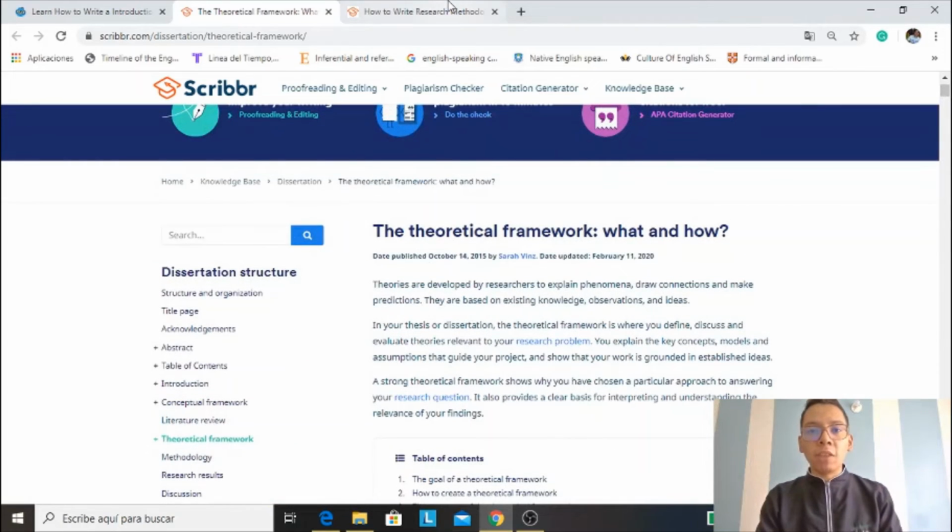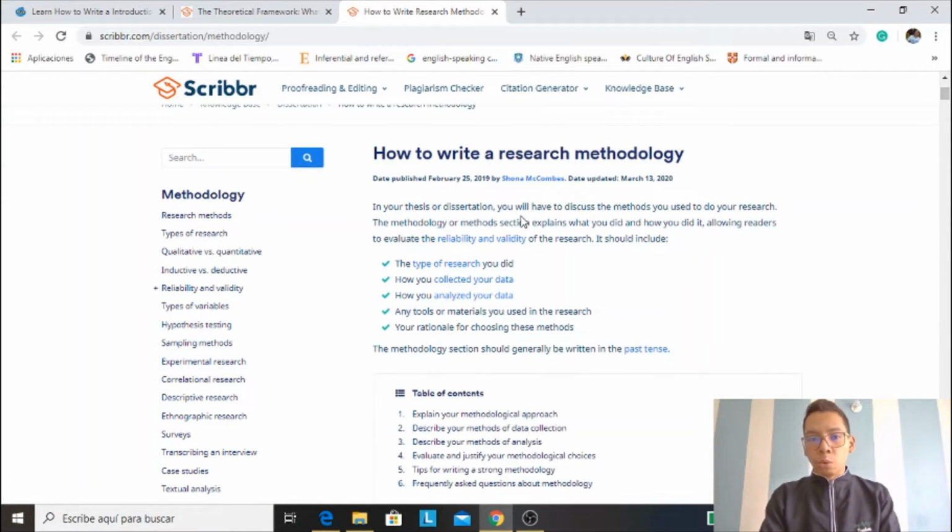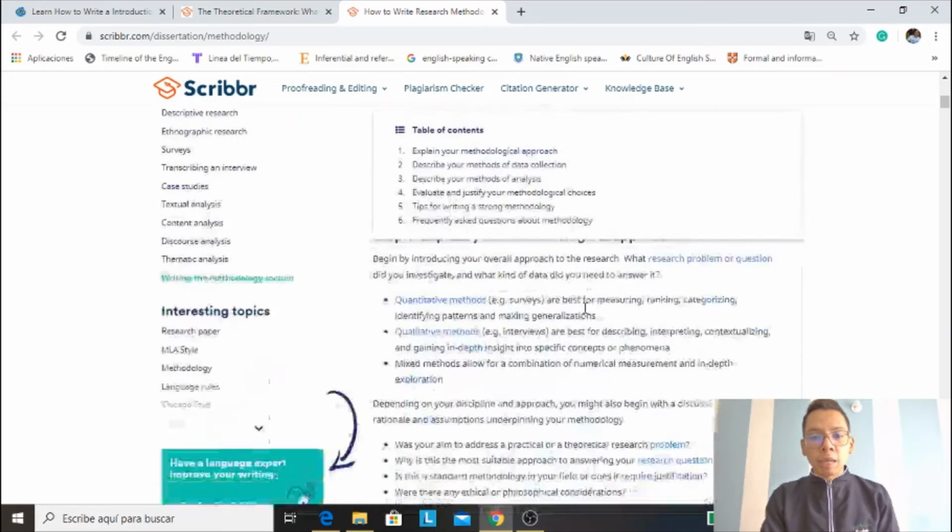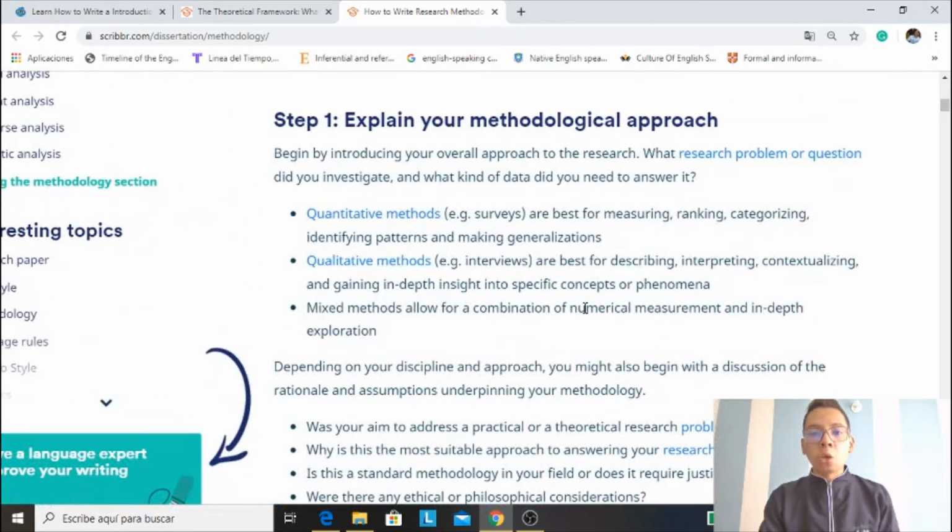Then we have the methodology, what we call the methodological framework, ¿ok? Siempre que hacemos una investigación debemos tener una metodología, un paso a paso. ¿Qué vamos a hacer primero, segundo y al final? ¿Ok? In this case, you will see that we have something important that is called quantitative and qualitative methods of